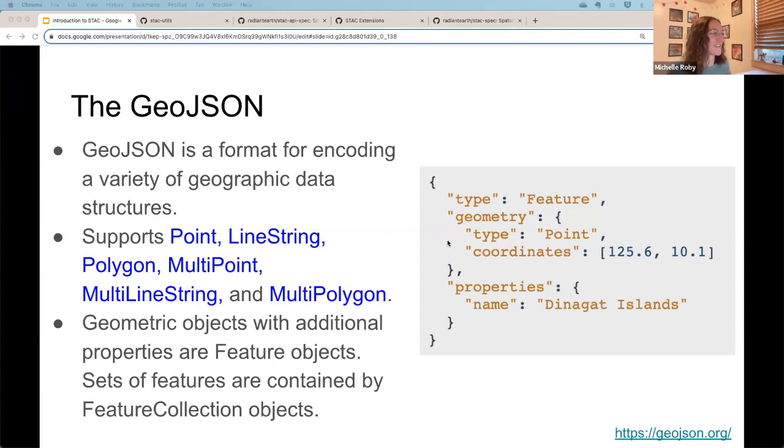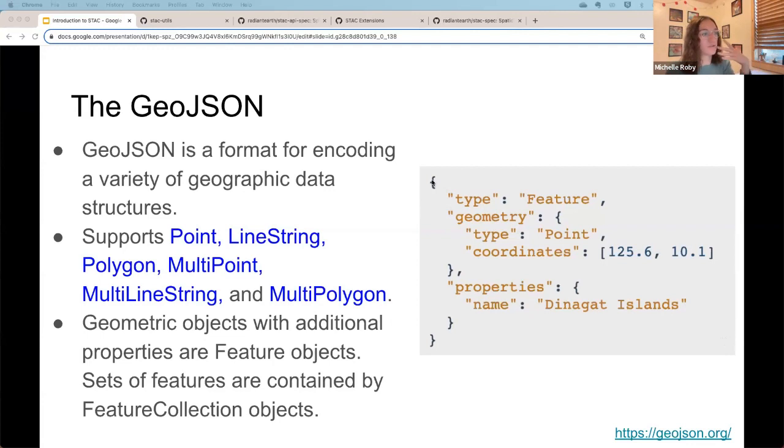I don't want to say too much now, but I just wanted to include this basic intro to GeoJSON to explain how STAC got started, using this format that was already established long before STAC was a thing.